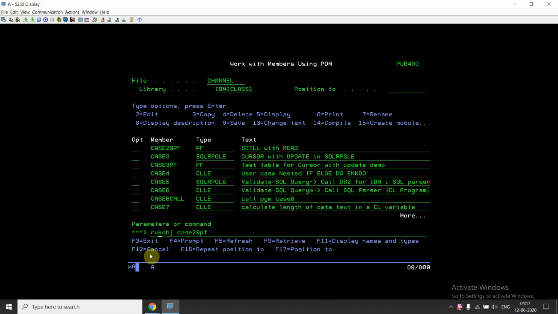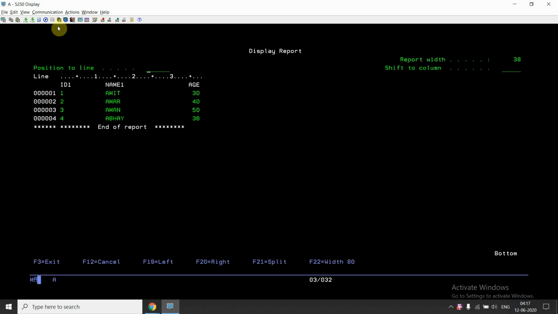If I look at the data, run query star n case 29 pf, I have four records. So the key is ID1. So the first record is 1, ID1, 2, then 3, then 4, right? So the records are in sequence.